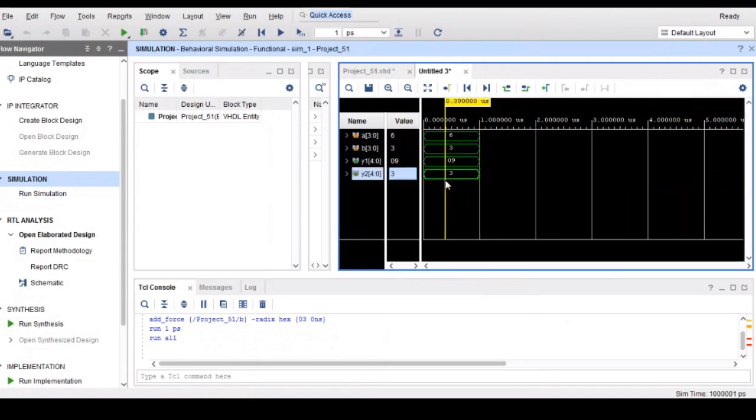Sir, while running this simulation, I got a dialog box stating the process cannot access the file because it is being used by another process. That means your simulation is already on. Two projects are on, two times your simulator tool is on. Close that one. It should be one time only. Okay, sir.